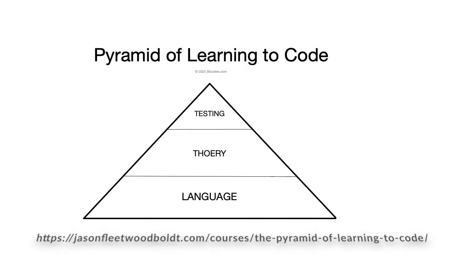If you are new to my course material, or if you are a recent bootcamp or CS grad, I recommend you read my short blog post called The Pyramid of Learning to Code, in which I discuss the 3 levels of achieving excellence in software development. 1, the language fundamentals, 2, the theory of system design, and 3, testing. The video you're watching today is squarely in the language fundamentals category, so keep in mind that the purpose here is just to provide you with foundational knowledge about the workings of Ruby, but you still should pay attention to